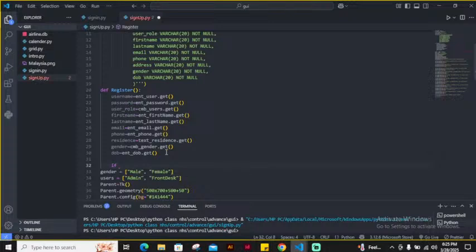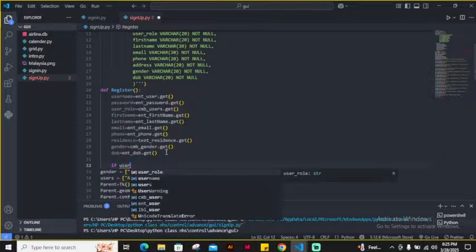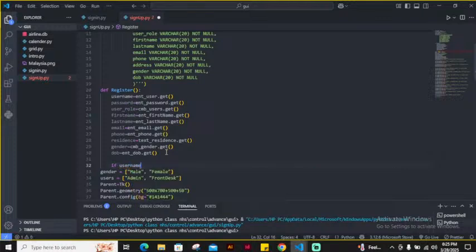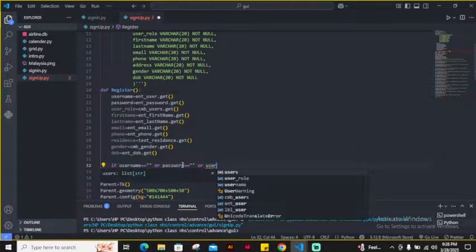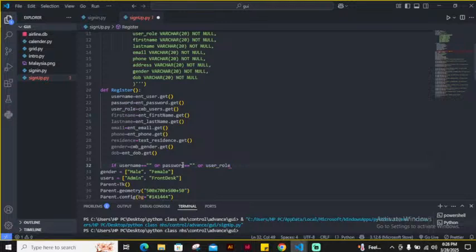If username is one thing that is important, if username is empty, or password is empty, this one is equals. If this is empty or this is empty, then another thing that is important again, or user role is also necessary for the person to fix. If user role is empty,